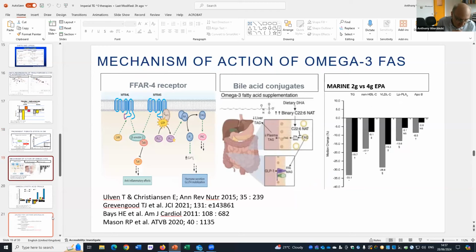The other newer option that we have, or actually a traditional option that we still use in pregnancy, is omega-3 fatty acids. So these are drugs like Omacor, which is an equimolar mixture of DHA and EPA. And these days we have more modern forms like icosapent-ethyl, which is pure EPA. Basically a dose-dependent response in triglyceride reduction, probably acting directly at the level of VLDL synthesis in the liver and